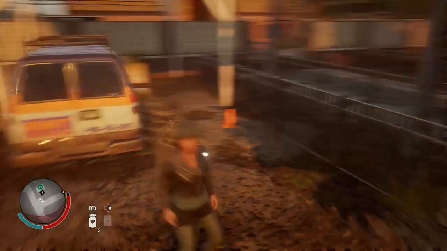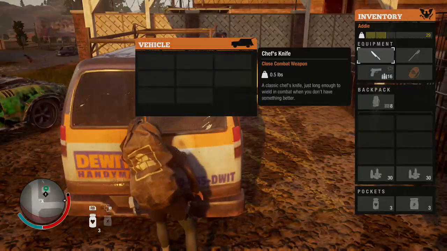And what you do when you've got one, if it's in the back of a vehicle already, you can just press I